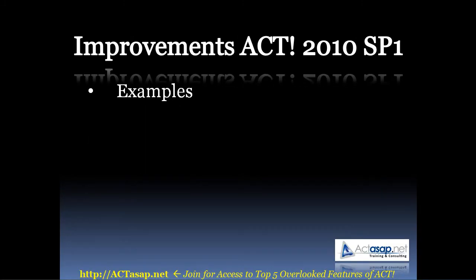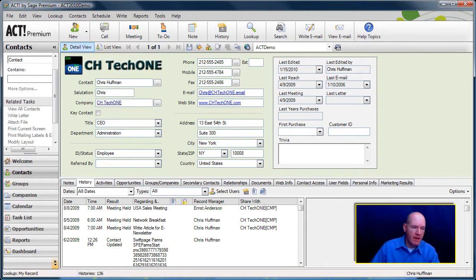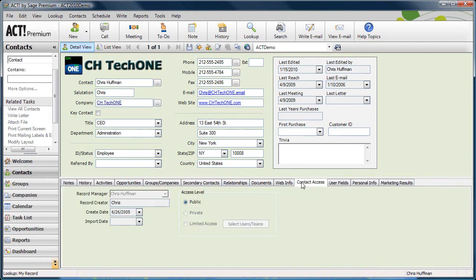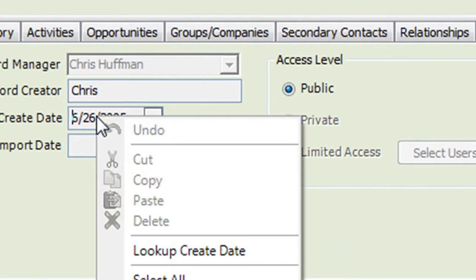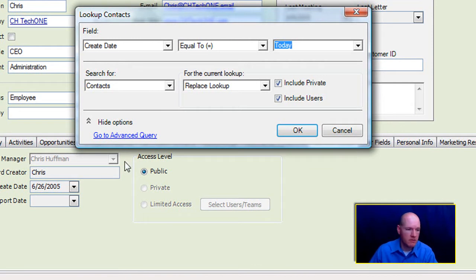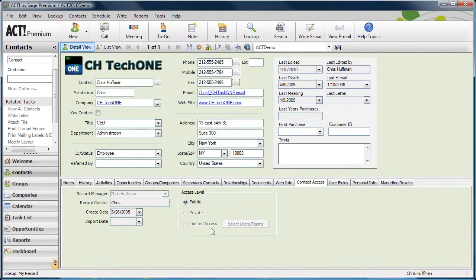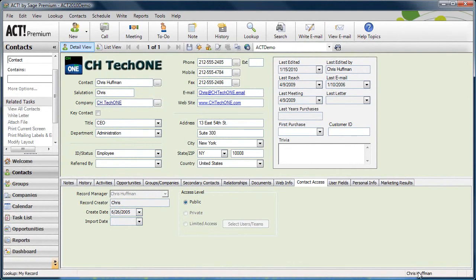Well, let's talk about some of the examples in Support Pack 1. I'm going to go ahead and switch over to ACT. And this is the demo database here on my system. And hopefully this looks familiar to you if you're an ACT 2010 user. Contact Access tab, the default tab, if you're using a default layout. Before you could not right-click and choose Lookup by Create Date. Now you can. So you can right-click, Lookup by Create Date. This was blank. The other thing that I wanted to call out is throughout the interface there's information, for example,